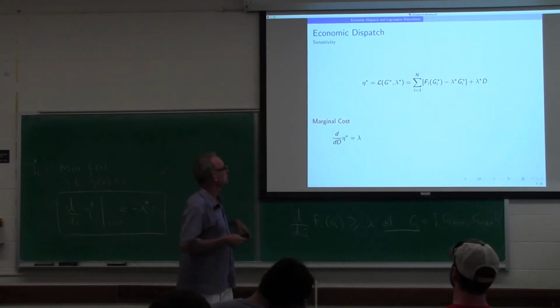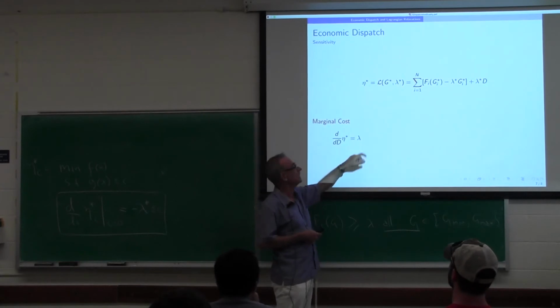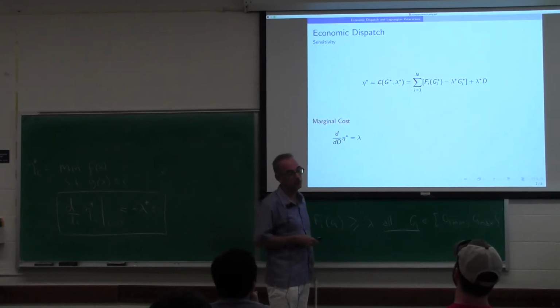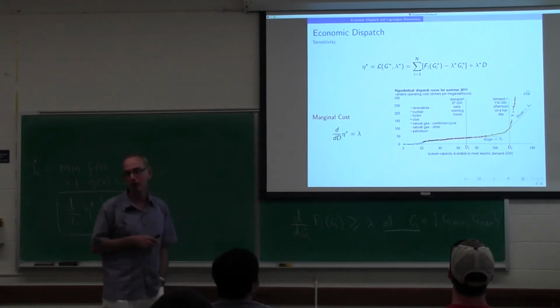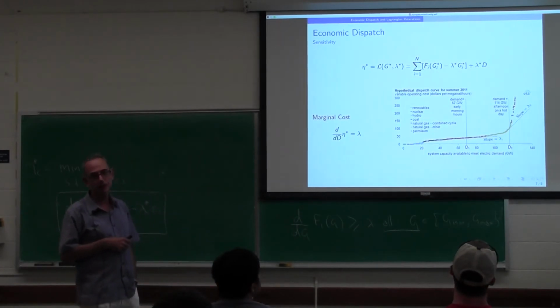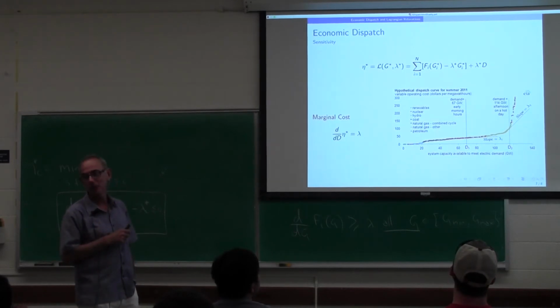All right. So lambda, in this case, we saw was positive. So we have this constraint. So that's what happens. And if you go back to look at this Energy Information Administration plot that was showing this hypothetical dispatch curve for the summer of 2011,